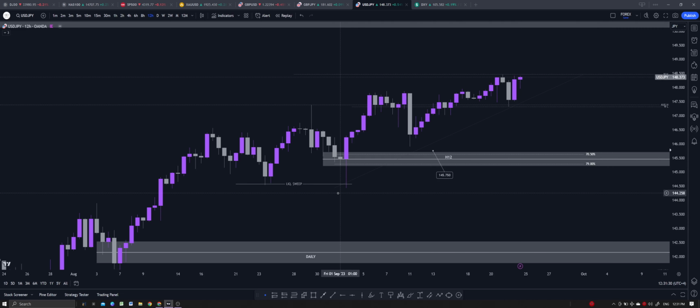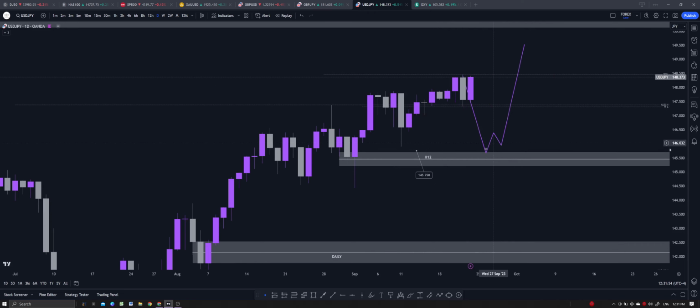because we see price push, right? But price hasn't yet given us an entry towards this zone, which would be at 145.750. I would not take an entry, but I would possibly wait to see if price can come towards this area, react somewhat, give us a market shift confirmation, and then we possibly take an entry to long this, right? So this is what I'm looking at with the dollar yen. I would like to see a confirmation entry.